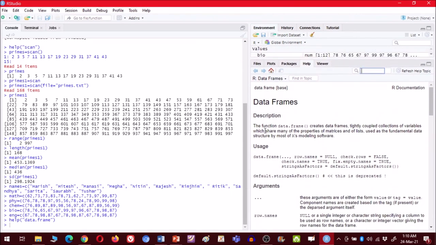So the function data.frame creates data frames, tightly coupled collections of variables which share many of the properties of matrices. So they generally, it is of the form we used to see in Excel file or some table form, and of list, used as the fundamental data structure by most of the R modeling software.